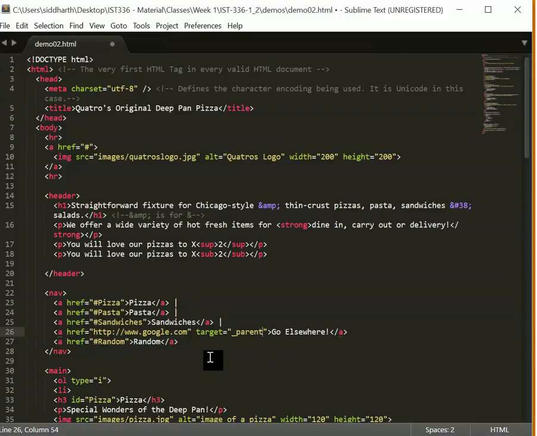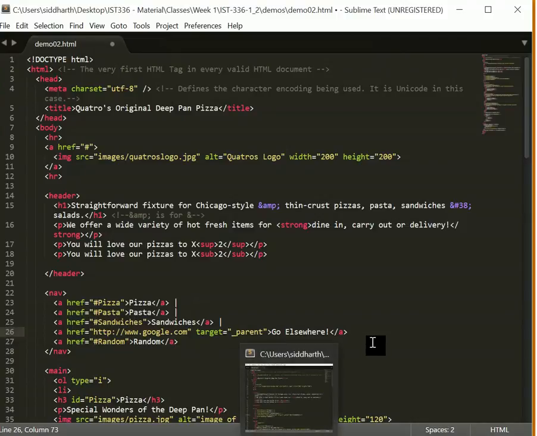As I've already told you, you have an anchor tag, an href attribute to show you the destination, a target attribute to define the page in which it should display, and then you have, and this part highlighted here is known as the link text, because it is the visible part of the anchor tag. So now let's look at the behavior of this particular line of code. Let me save this